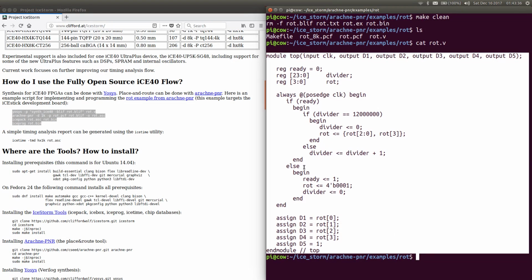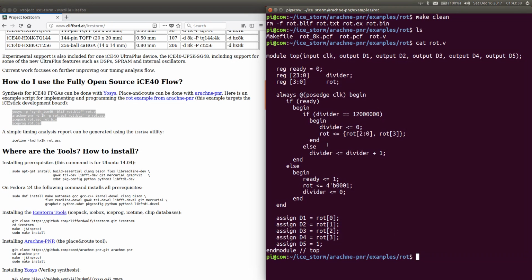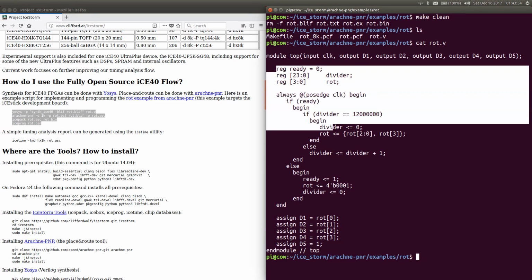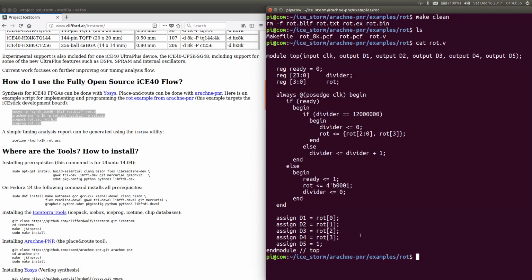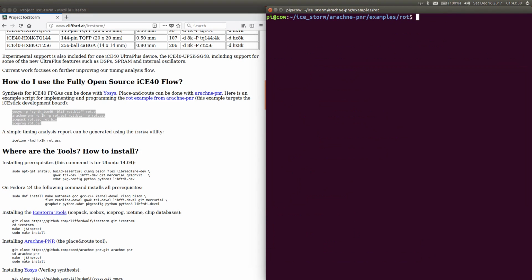this is basically describing a hardware that blinks different LEDs in different sequences. So this is written in Verilog. Verilog has its own syntax, and this is done. So this is basically the Verilog syntax that is describing the hardware. And now let's take a look at the PCF file,